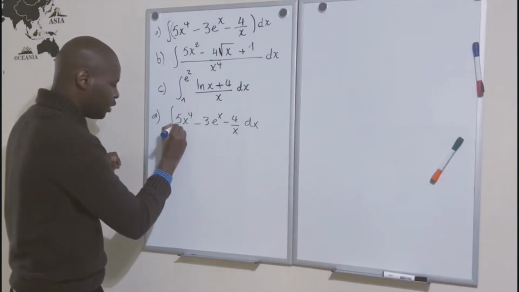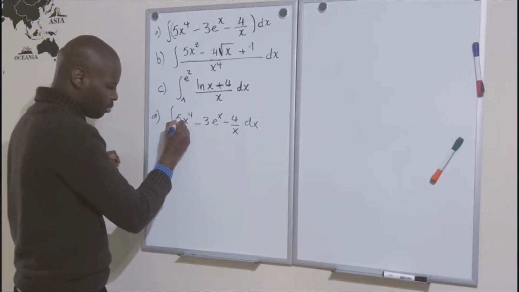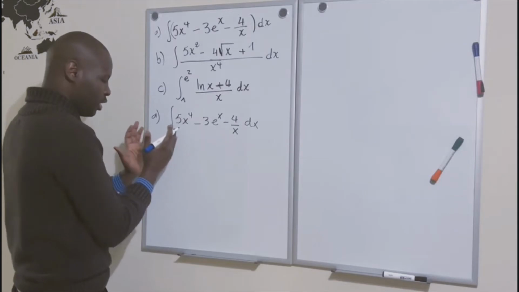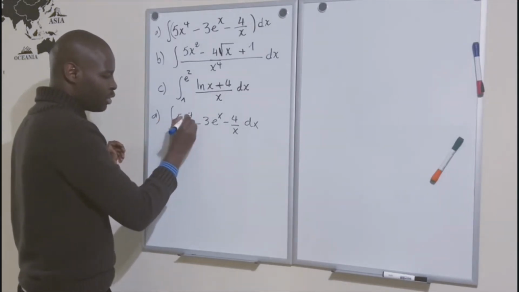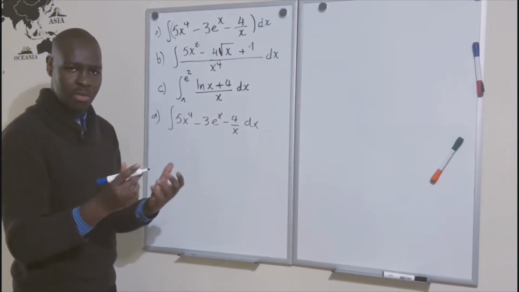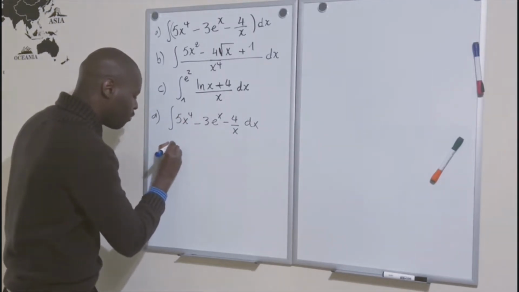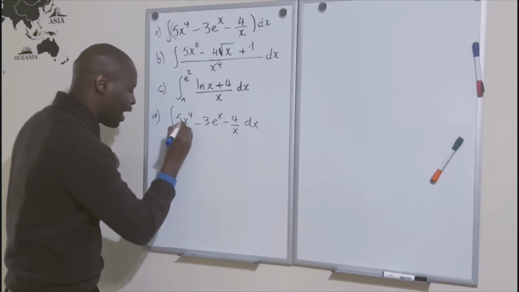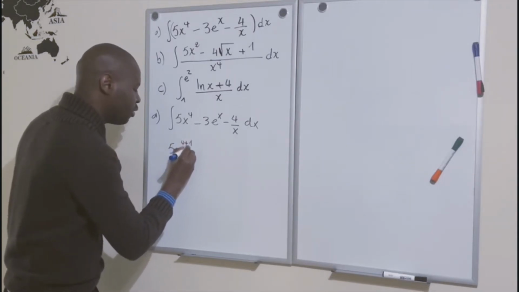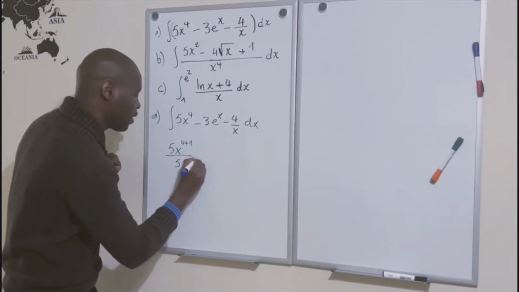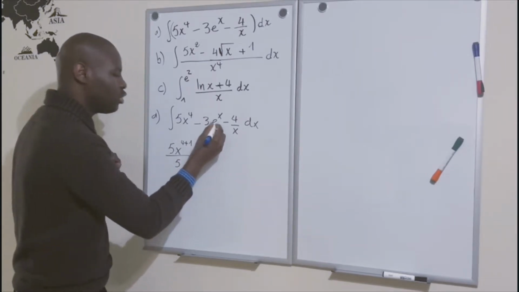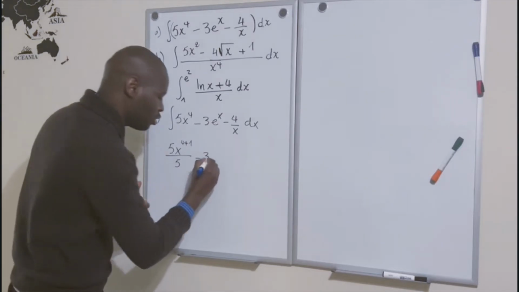Since 5 is a constant, we can isolate it, and for the integral of x to the power 4, we just add 1 and divide by whatever we added. So it will be 5x to the power 4 plus 1, divided by the total here, which is 5, minus 3. The integral of e to the x is just e to the x